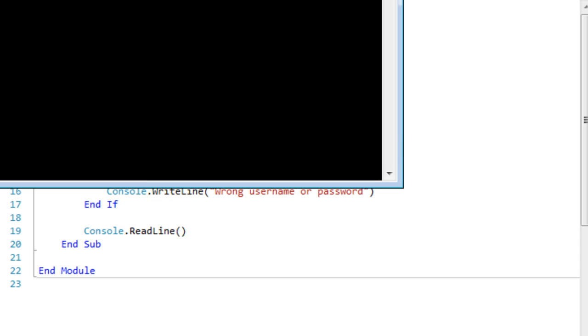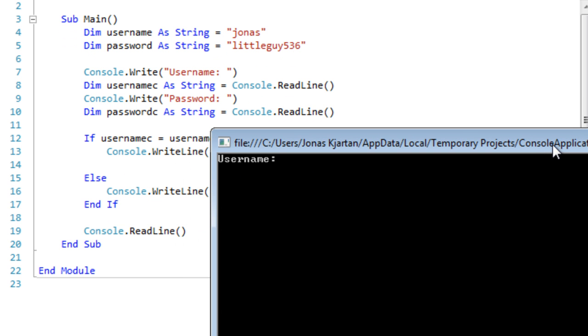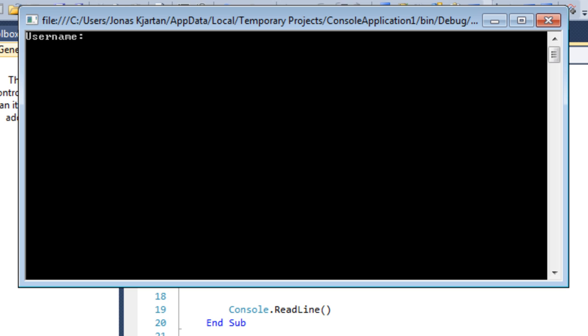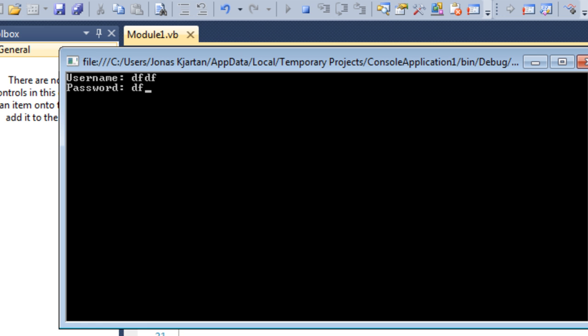So we could have the correct username and a wrong password, it will still say locked in. Or the other way around, Pete, littleguy536, it will still say locked in. But if we had both wrong username and password,